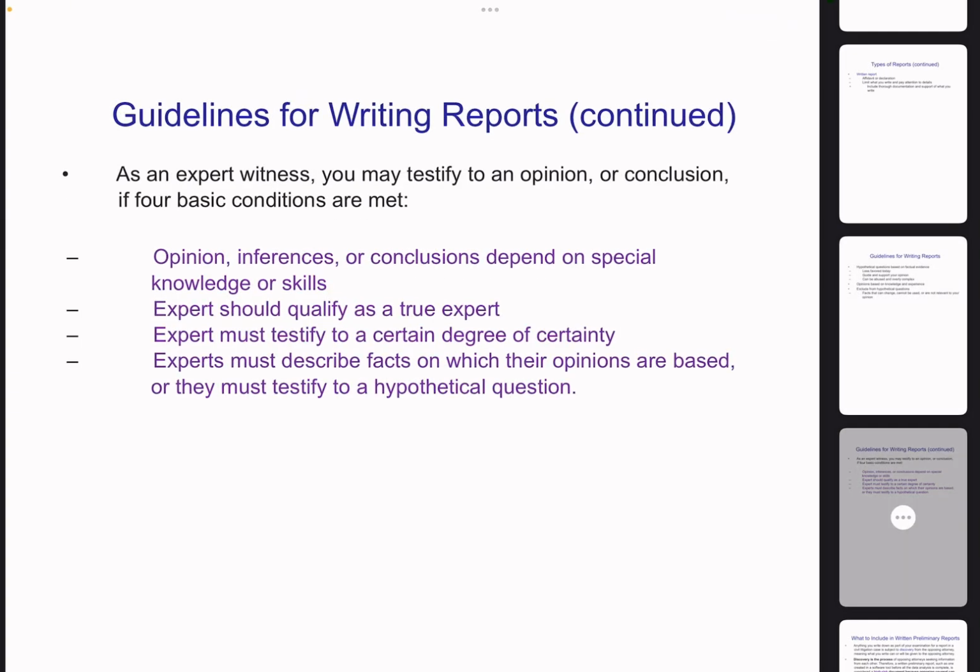Guidelines for writing reports, continued. As an expert witness, you may testify to an opinion or conclusion if four basic conditions are met. Opinions, inferences, or conclusions depend on special knowledge or skills.